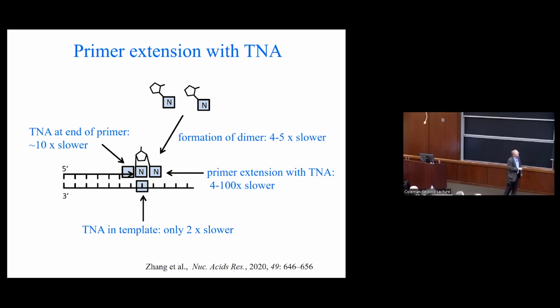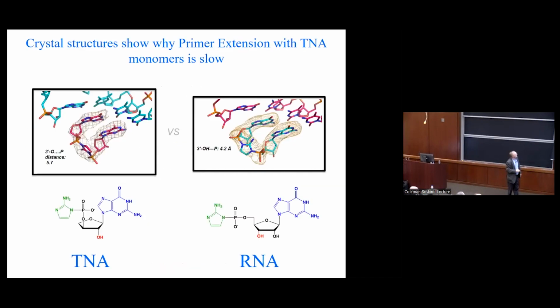So every step of primary extension is slower if you use these nucleotides that we thought might be easier to make. On the other hand, again, if that variant nucleotide is in the template region, yeah, you can copy over it and make RNA. And again, the idea is that these things would be filtered out at various steps along the pathway. Okay. Let's see. Again, we want to understand why TNA is worse than RNA. So again, go back to growing crystals, trying to look at the structures.